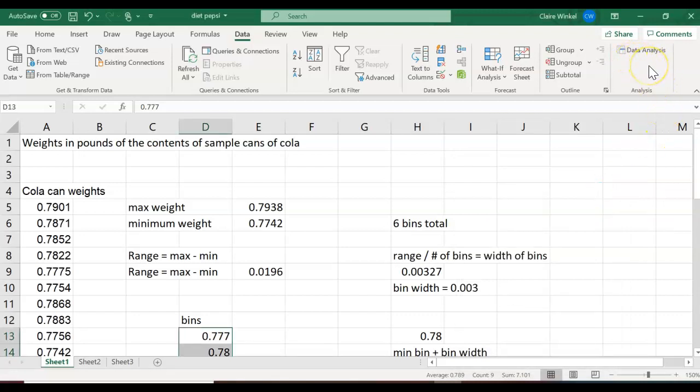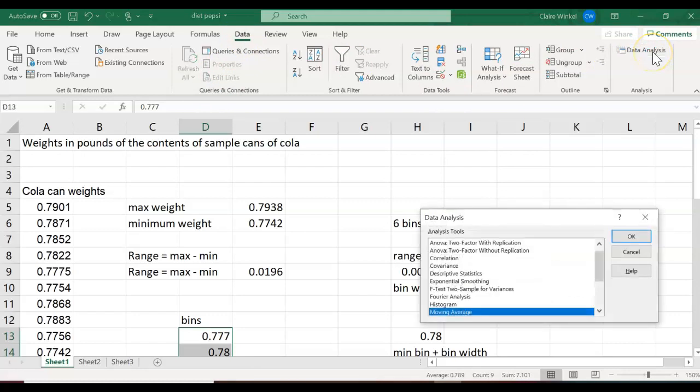ta-da! Data analysis appears. It should be similar for most of you, no matter which version of Excel you have. If you have a MacBook, it might be slightly different, but it should be the same general idea. Now that data analysis is here in the data ribbon, I can click on it, and I can scroll down from this whole list and pick histogram. All this actually does for us is make the frequency table. So I click on histogram, hit OK,